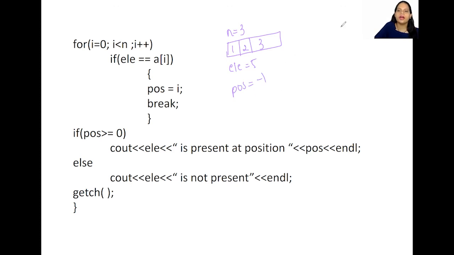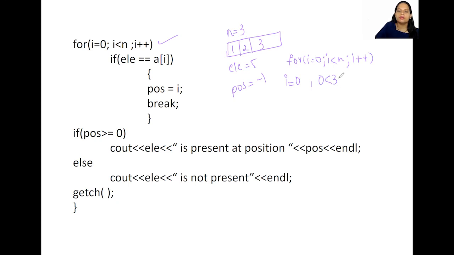So now what is going to happen? Let's take this for loop. For I equals 0, I less than n, I plus plus, right? Initially I is 0, and 0 is less than 3 because the n value is 3 here.